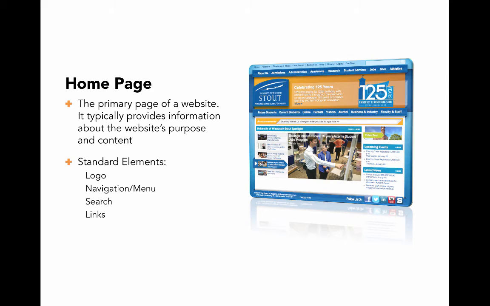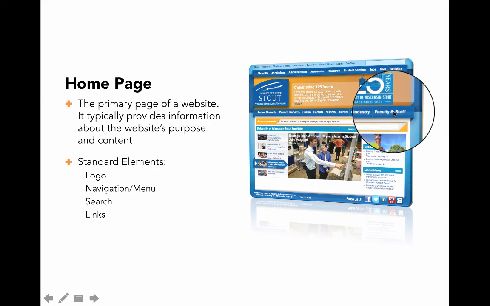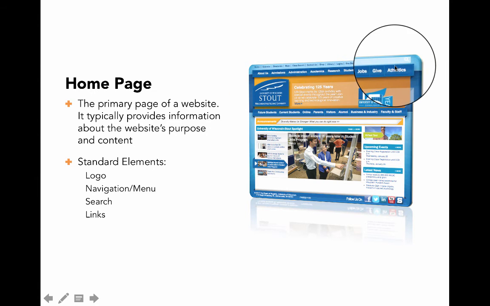A home page is the primary page of a website. Again, this should be something that you're probably familiar with, and it typically provides, at the very least, the information about the website's purpose and an introduction to the content that you're going to find within the rest of that website. Some standard elements that tend to appear on most home pages are a logo or a word mark, such as the example that's shown here, the UW Stout logo, a navigation menu, or in this case, several navigation menus,